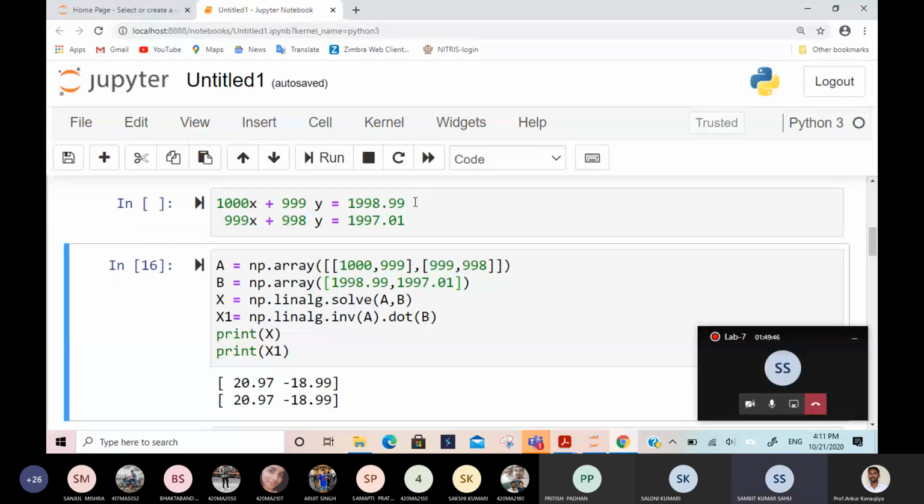Okay. Right answer. So see, a very small change in the problem is giving a very different solution. If you compare with the previous one, a very small change in the error and the solution is going so far. It is not even very close to 1,1 in this example. See, a very small change in the right hand side.